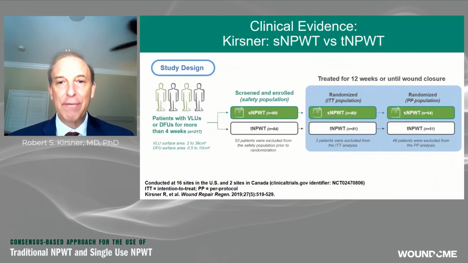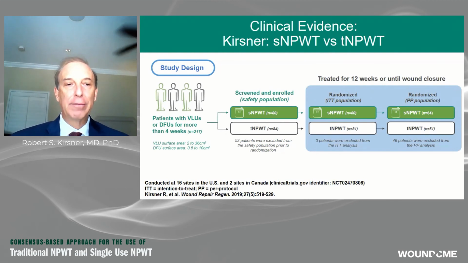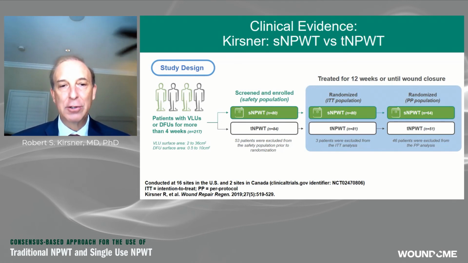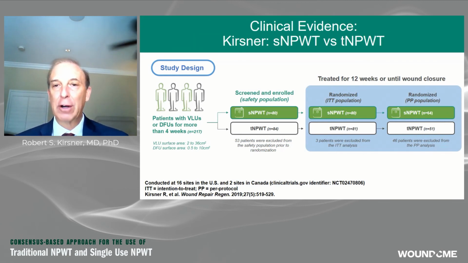So this was a fairly robust study. It involved patients who initially were screened for venous leg ulcers and diabetic foot ulcers present more than 4 weeks. The venous leg ulcers were somewhere between 2 and 36 centimeters, and diabetic foot ulcers were between a half a centimeter and 10 centimeters squared. Of that population, 164 patients were randomized to single-use negative pressure versus traditional negative pressure, and then outcomes were analyzed after 12 weeks